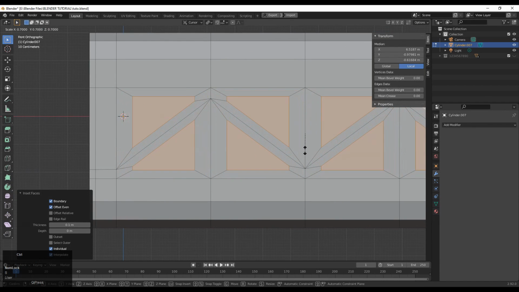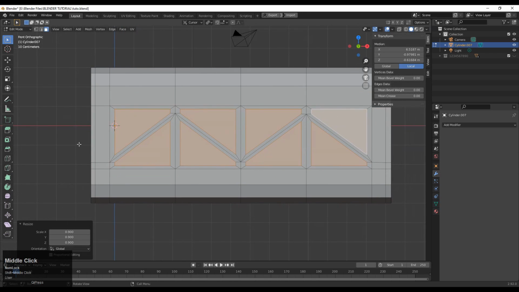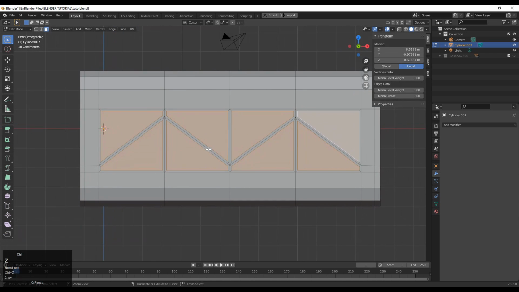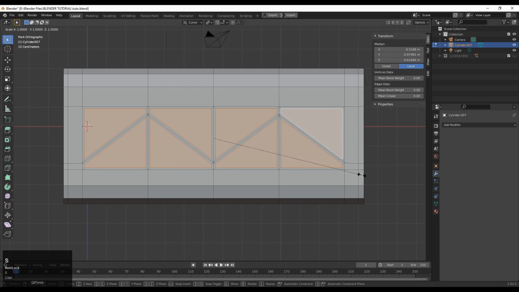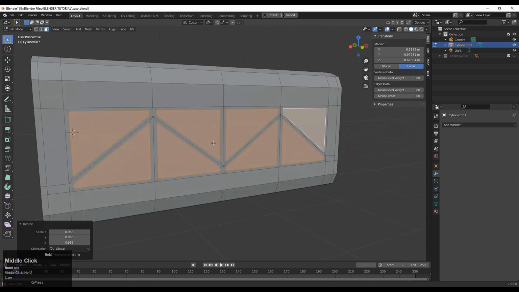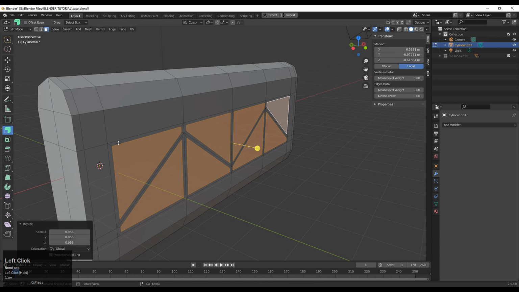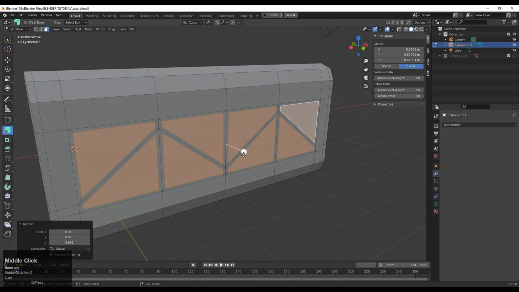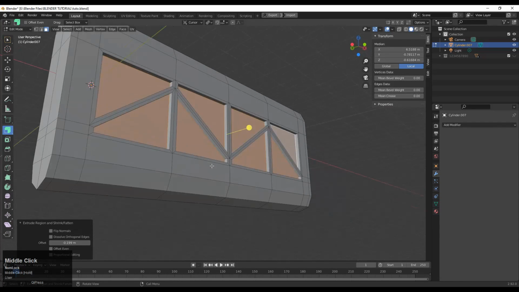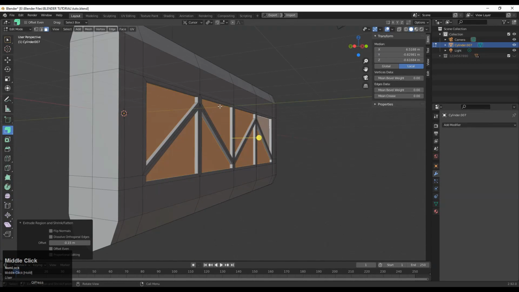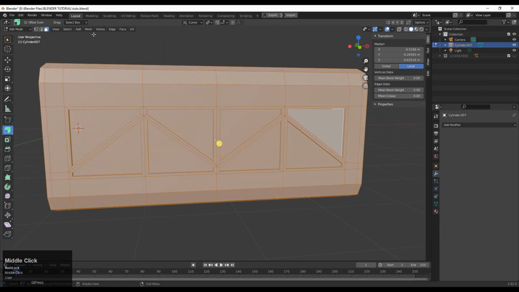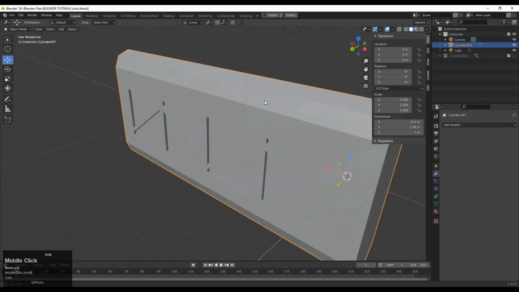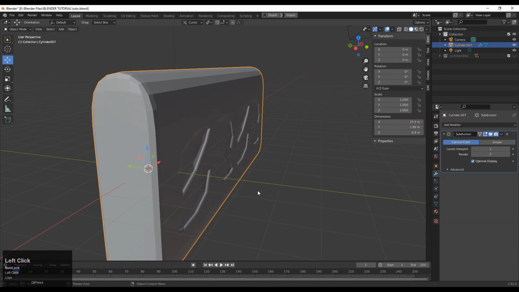And then just adjust the scale and make sure your individual origins are on, so you can adjust the scale of the particular element with the help of its individual origin. And after adjusting the scale, we will use a simple extrude operation. So just extrude along the normal and move them along the Y-axis a little bit. Okay, you just need to use the extrude along normals operation, and then you will get this kind of result. And then take a symmetry, so you will get the same design on the other side.